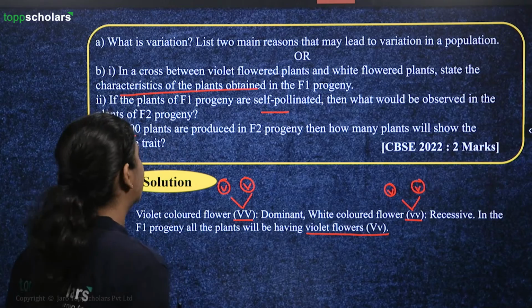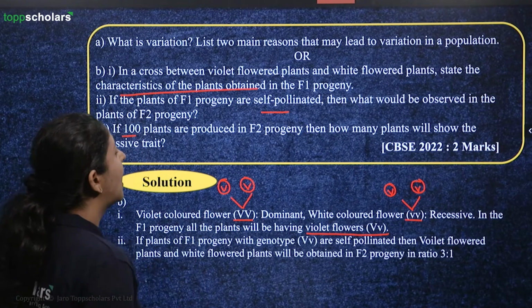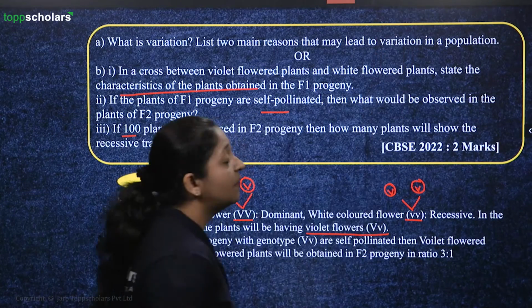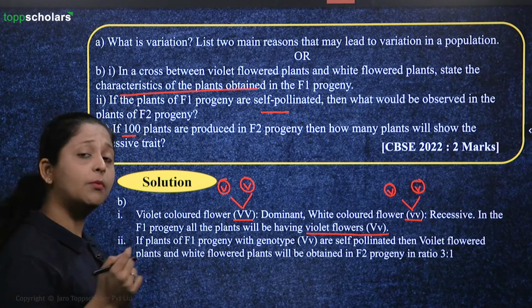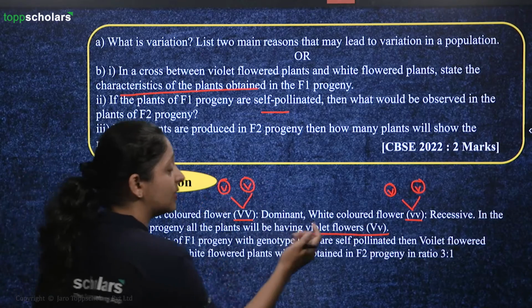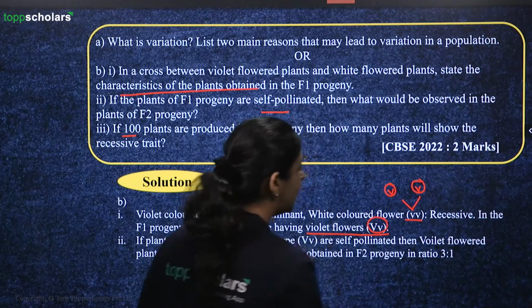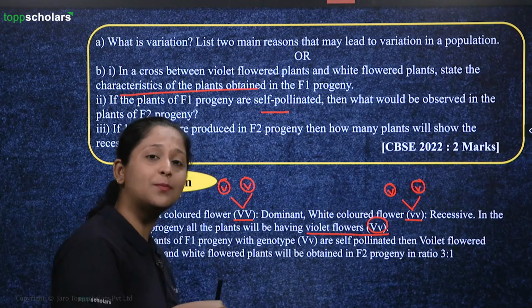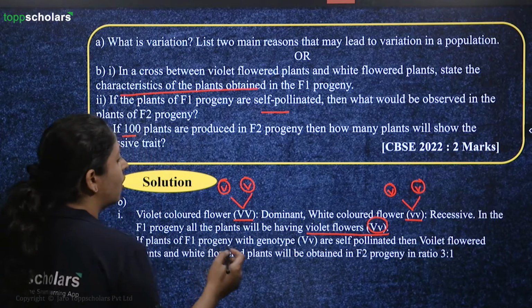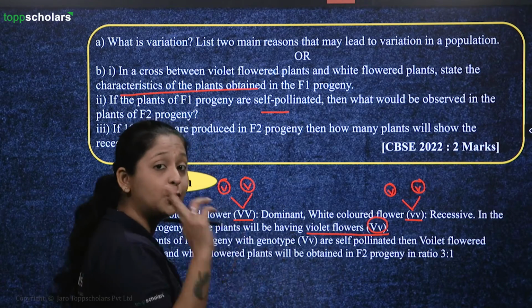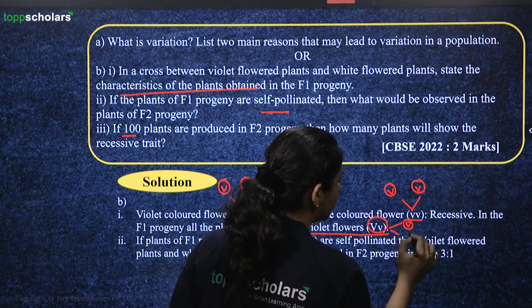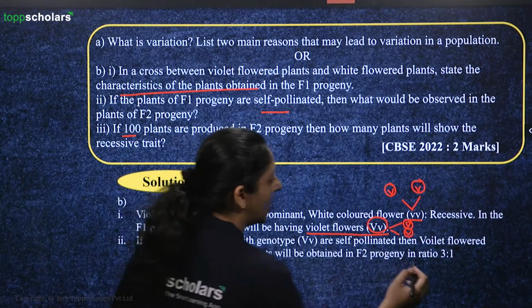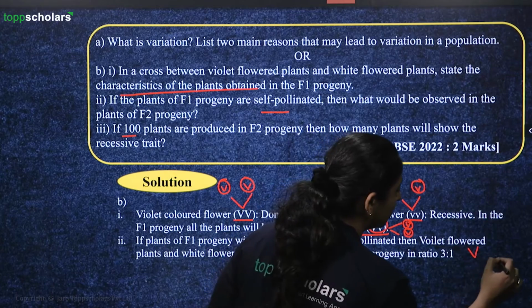Now, let's go for the answer to the second question. If the plants from your F1 generation are self-pollinated, what will be the result? What did you get in the F1 generation? Capital V, small v. You have to make a cross between them. So how would you make a cross? Now these plants will have two different types of gametes. One will be capital V, the other will be small v. Correct? So if you try to put this into a Punnett square,